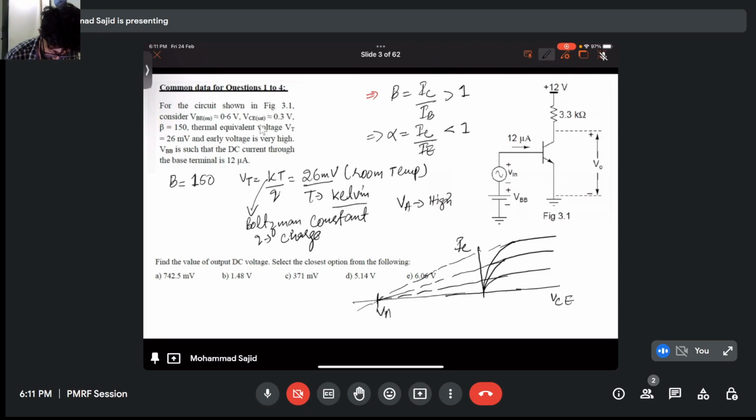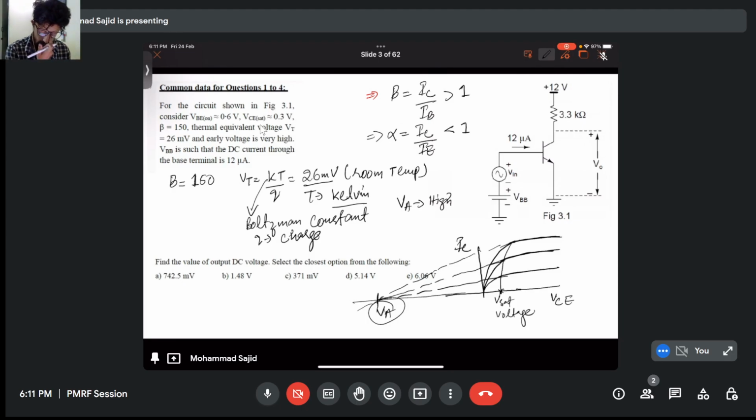This is your early voltage. When VA is high, that means your device goes accurately into saturation. So there is no increase in current after you approach a saturation voltage,